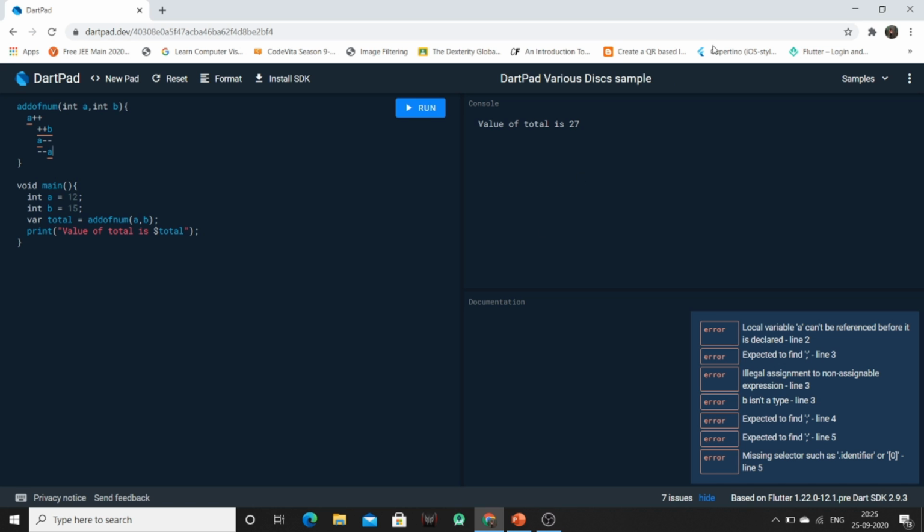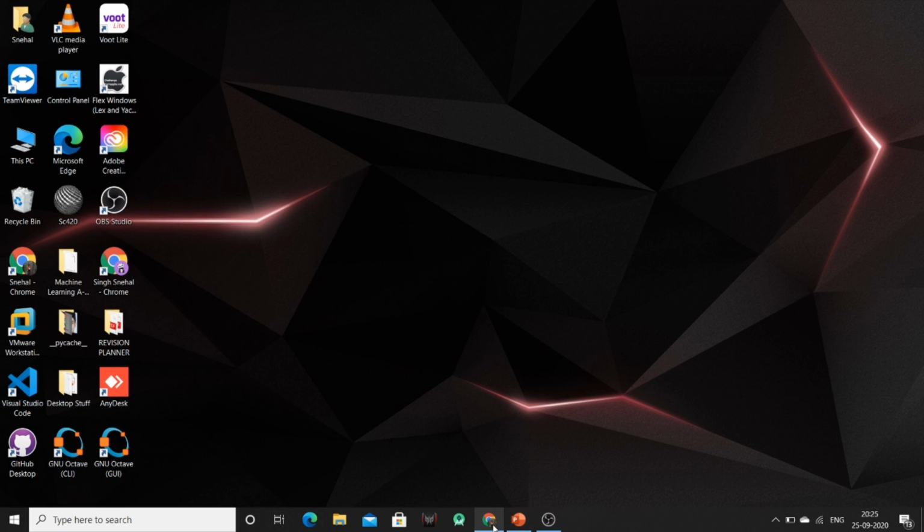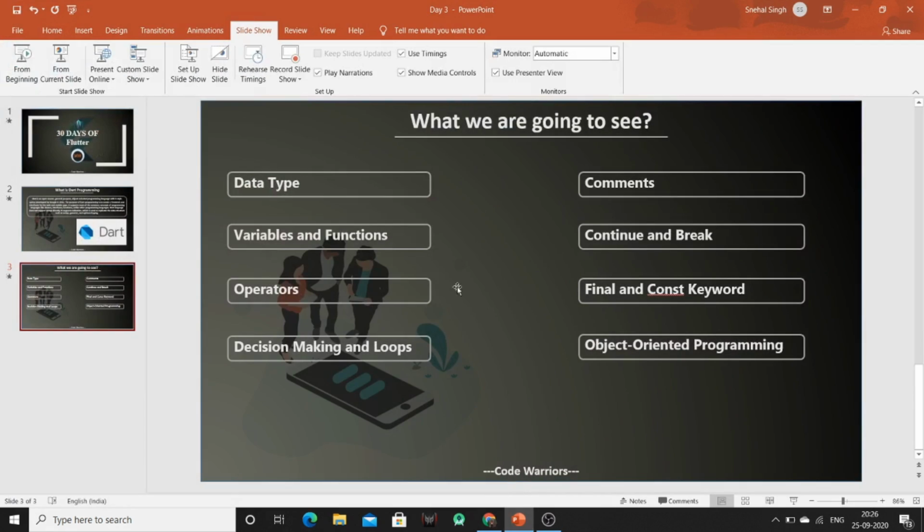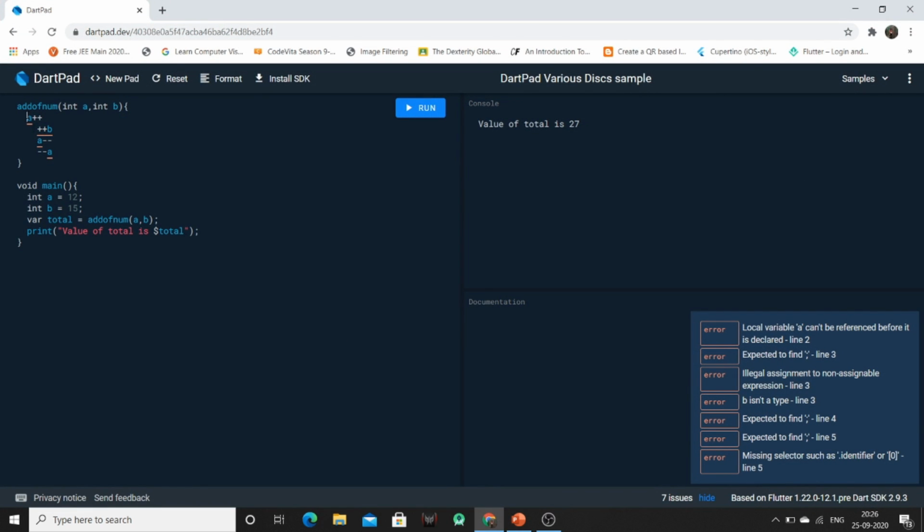Now the next part is decision making and looping. So in decision making, we are having 3 parts, which are if, else and switch. So let me show you one section of if. Like if value of a is equal to value of b, then only return a plus b.